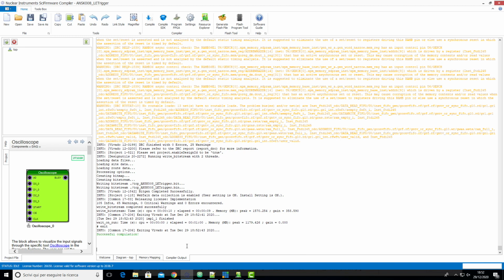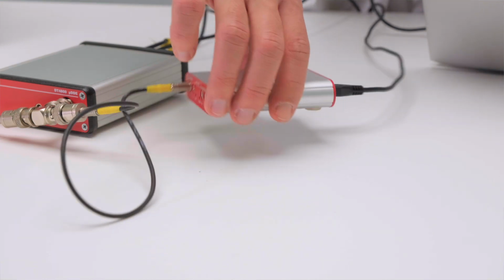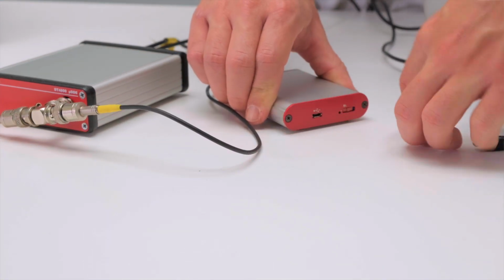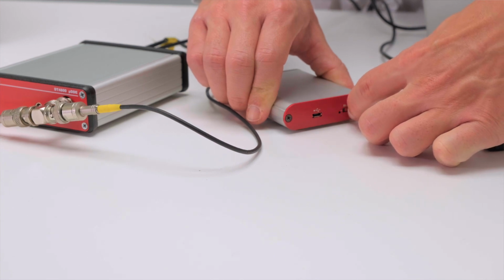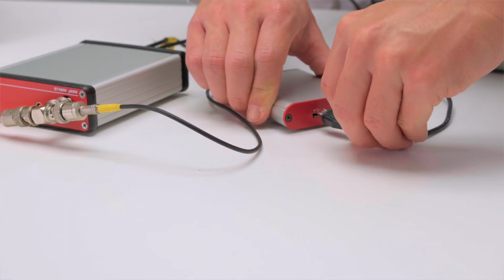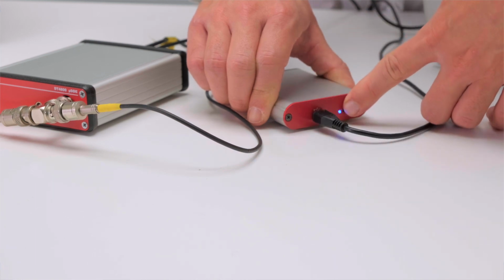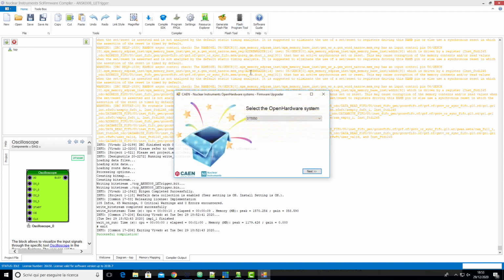Okay, when Vivado has finished generating the firmware, we can proceed to download the firmware on the board. So we put the board in bootloader mode and we power cycle the board. Then we pass to generate, and then we program the flash on the device.